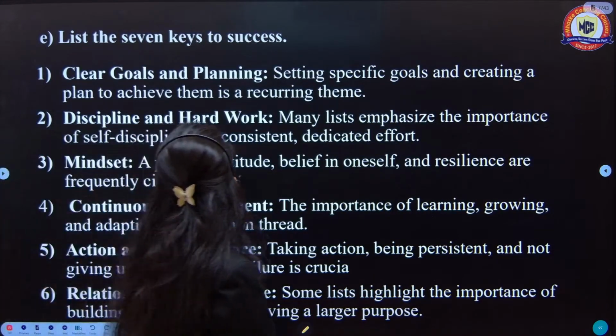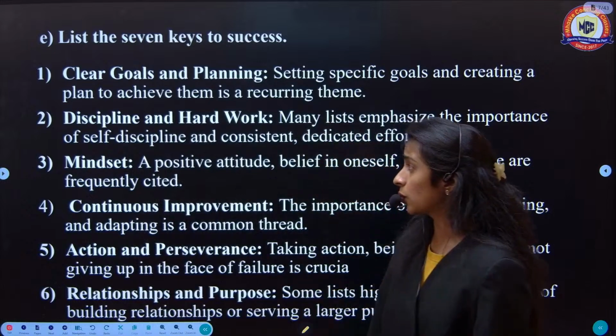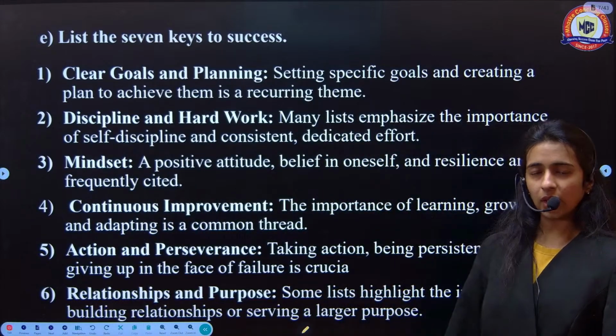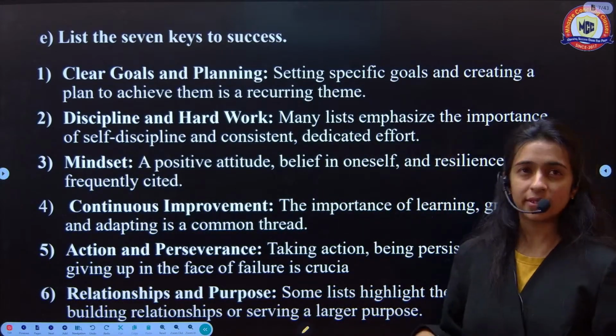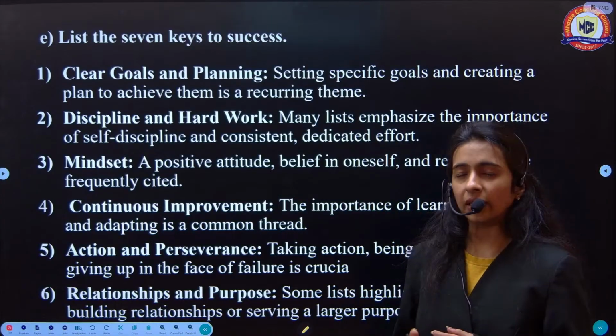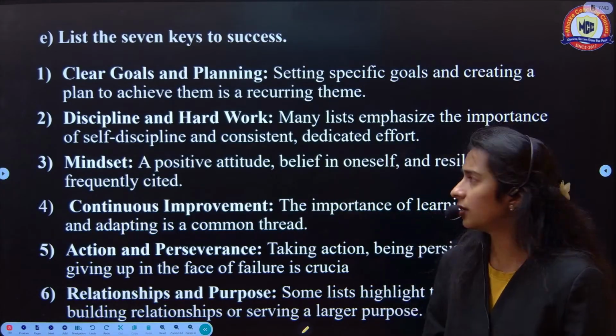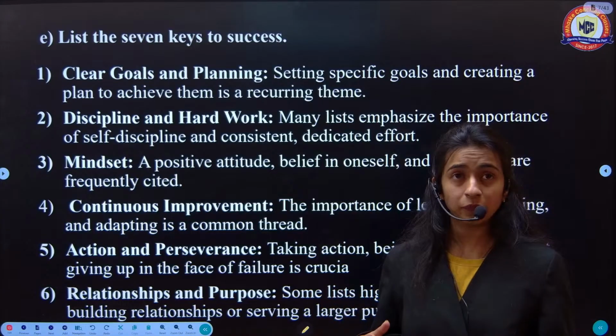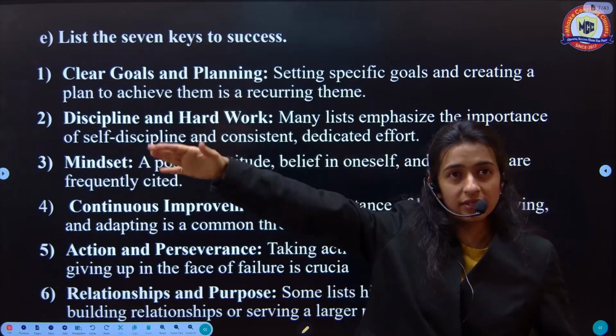Next question is list the 7 keys to success. So if you're doing all this, obviously you will lead to success. But still, what are the keys? What you really need to follow to make sure that you're going towards success will be